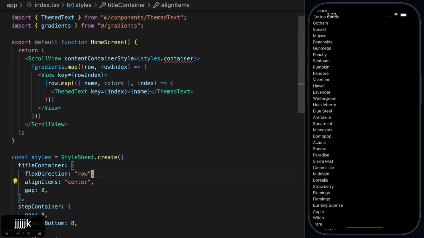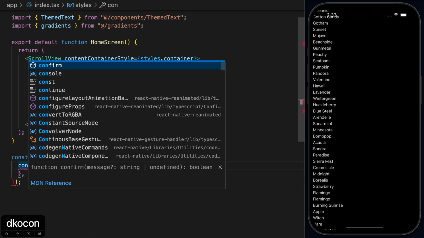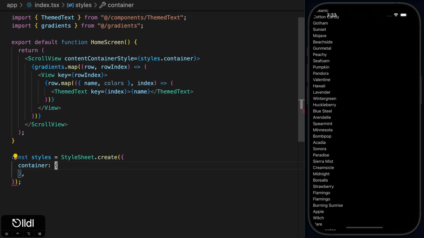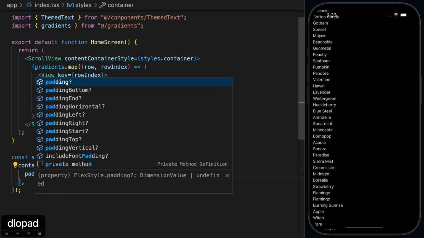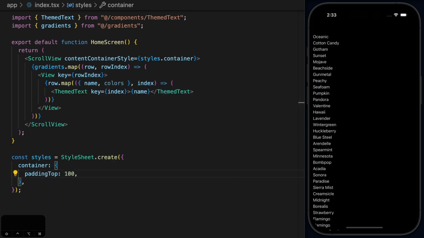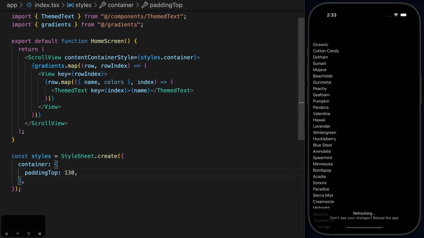Now this container, I need to create it down here, and I'll go ahead and delete these styles that we have here. So let's say container, and this container is going to have a padding top of 100. Okay, nice. So I'll actually use 130, and you'll see why in a moment,